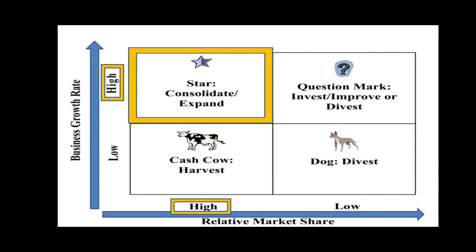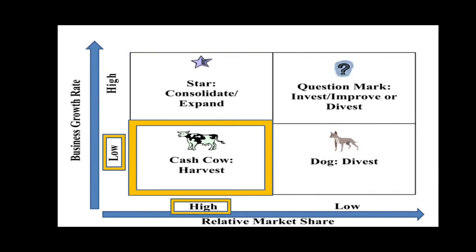Eventually, after years of operating in the industry, market growth might decline and revenues stagnate. At this stage, stars are likely to transform into cash cows. They still have a large relative market share in a stagnating market. The market slowly witnesses a downward trend in the growth rate. Just like how a cow is milked, these products